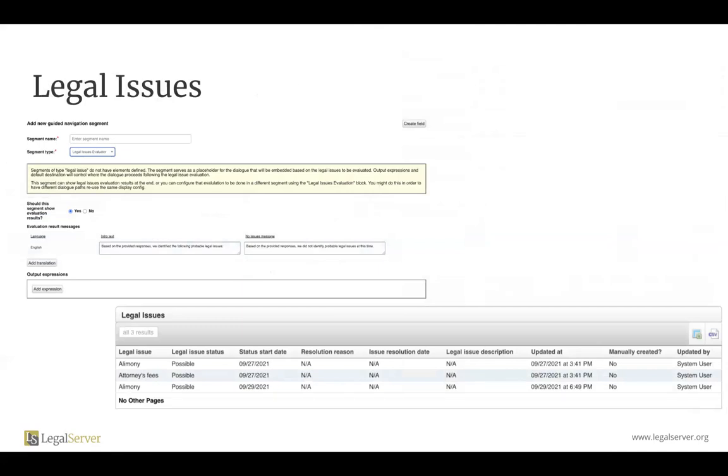And then this just shows the legal issues again. One thing I did want to call out, for those of you who are interested: legal issues are generally identified and evaluated within a guided navigation. There's a specific segment type called the Legal Issues Evaluator that pulls in all of those questions that you've identified as either being asked or being evaluated in order to set that legal issue,